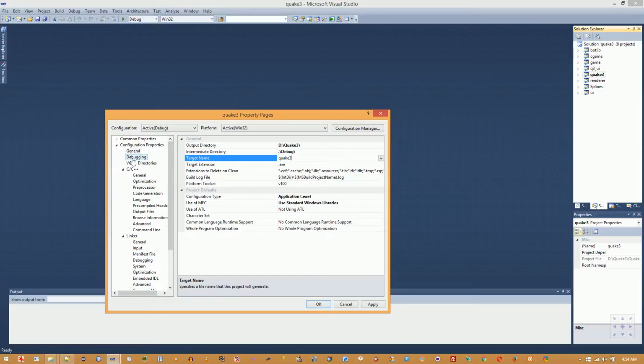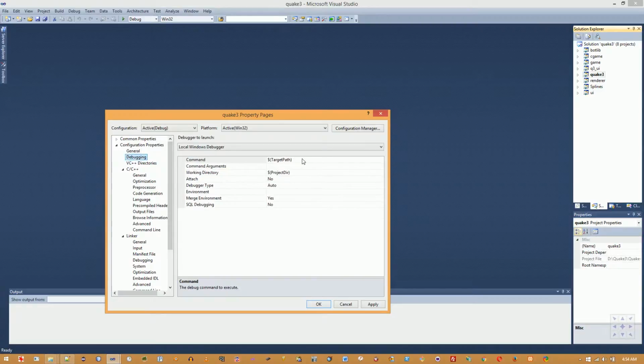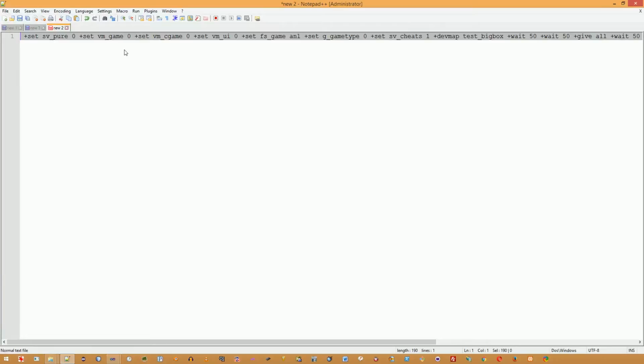Go over to debugging, command, change command to quake3.exe. Working directory, change working directory to the Quake 3 root directory. For command arguments, this is something you're going to want to change. I have in the description a list of command arguments that are really useful,